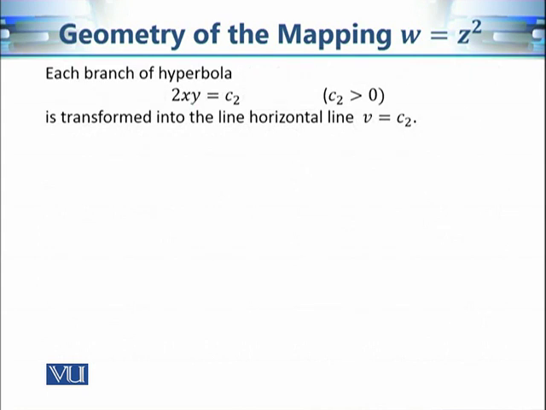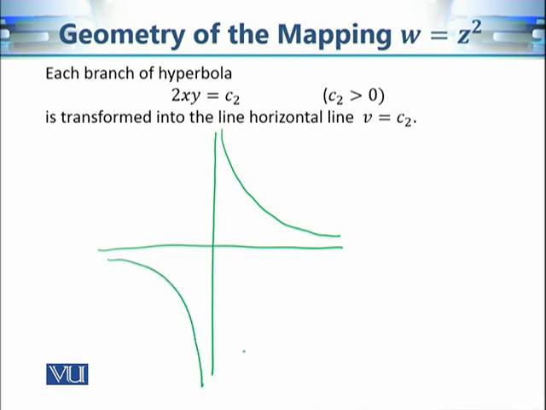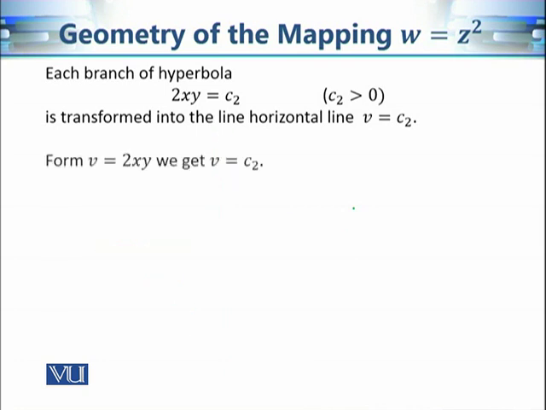Now let's consider other kinds of hyperbolas. Now these are hyperbolas of the following form. Okay, so their graphs are in the z plane. Okay, so in the z plane, they are hyperbolas of the following form. Okay, now let's see how to calculate their images in the w plane under the mapping f of z is